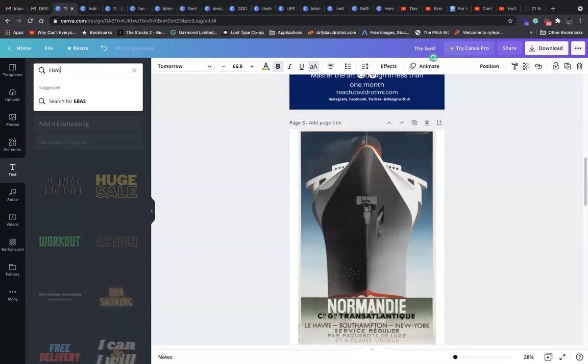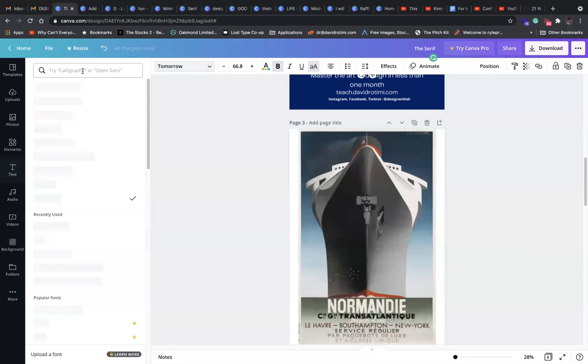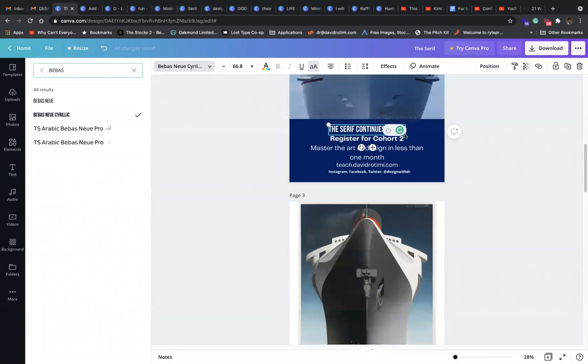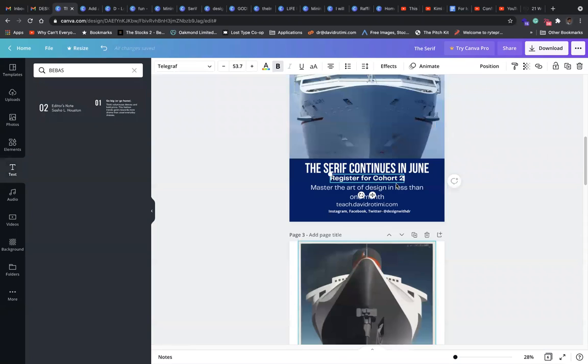Oh sorry, text. Bebas is not the only type of font that looks like this, so you can find a different one if you like. I'm just very familiar with this, so easy. All right, so now the exact same thing is going to happen, and then you can start to